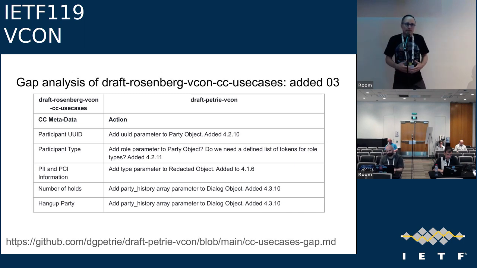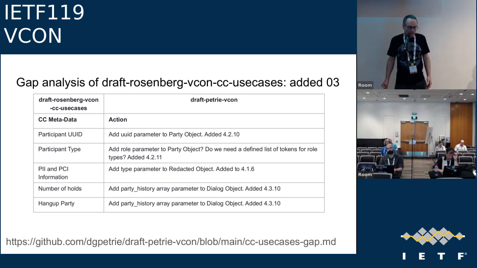Because of the structure, we've got VCON, and then within VCONs we have dialogues or parties and things like that. In some cases, it wasn't always clear for some of the parameters where the relationship was. I'll get to those questionable things. These were the more obvious things, and these are the things that I added to the 03 version of the draft.